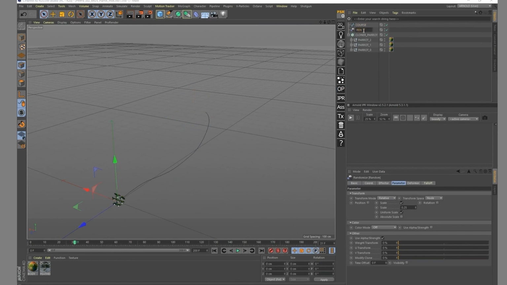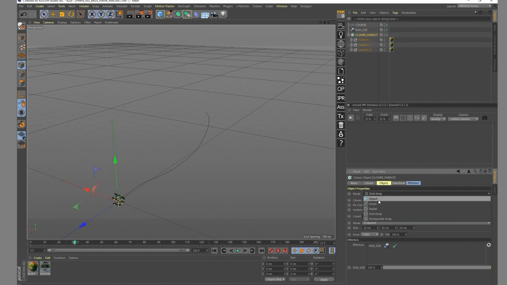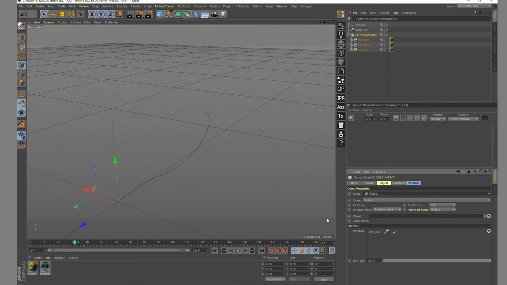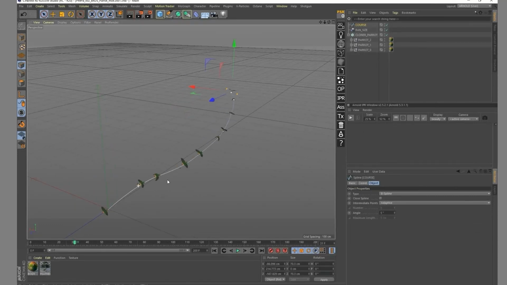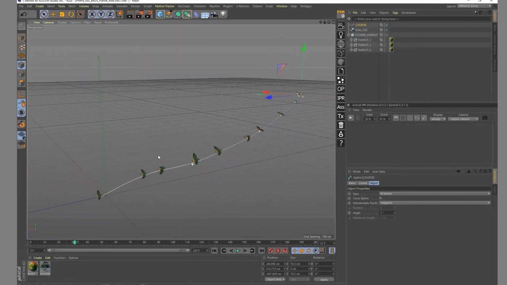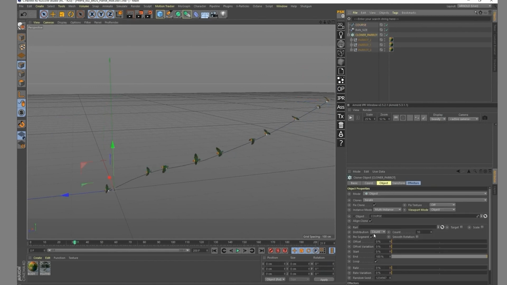So right now I have my course. And of course I'm going to rename that for the random size. So instead of having the grid array, I'm going to change that to object mode. And I'm going to ask the object to be not the cloner, but the spline itself. So right now I have my parrots that are going to be along the spline. And I think that by default the mode is count, which is nice. And it's just 10 parrots.